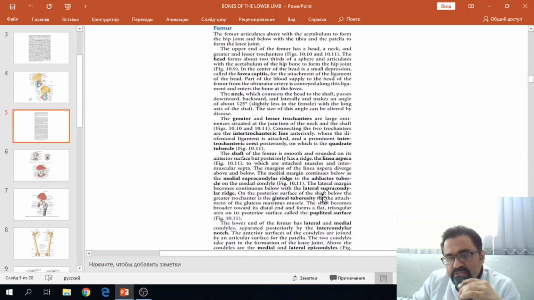On the posterior surface of the shaft below the greater trochanter is the gluteal tuberosity for the attachment of the gluteus maximus muscle. The shaft becomes broader towards its distal end and forms a flat triangular area on its posterior surface called the popliteal surface. The lower end of the femur has lateral and medial condyles, separated posteriorly by the intercondylar notch. The anterior surfaces of the condyles are joined by the